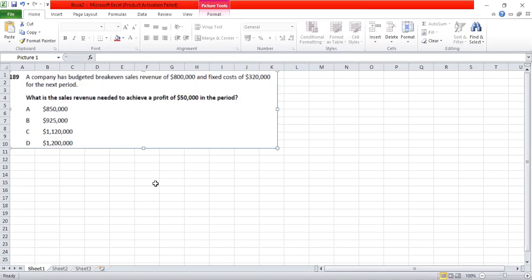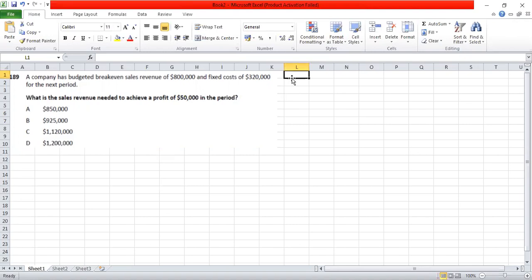The question says a company has budgeted break-even sales revenue of 800,000 and a fixed cost of 320,000 for the next period. What is the sales revenue needed to achieve a profit of 50,000 in the period? Question number 189. What is the sales revenue needed to achieve a profit? So we have desired sales